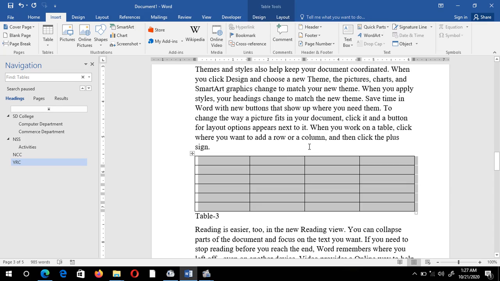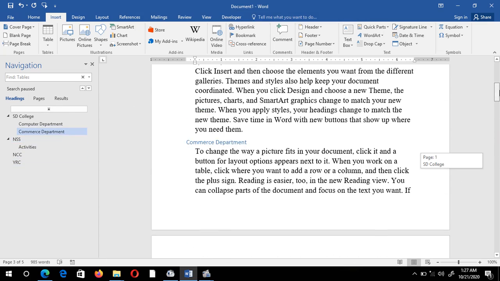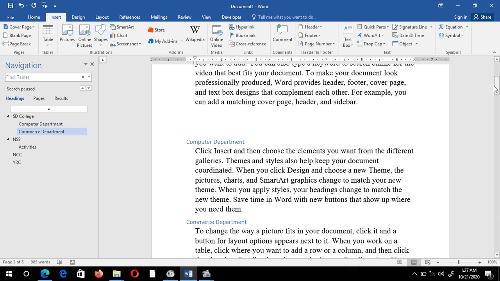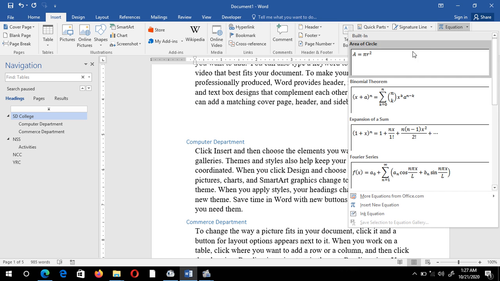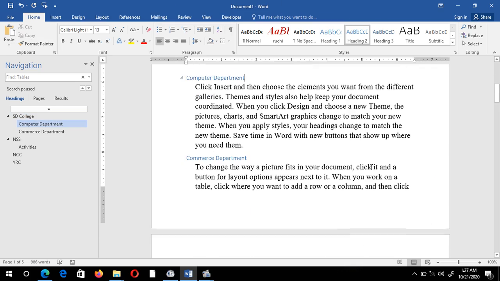Now suppose I want to jump from one equation to another. I can jump. First of all, I need to write some equations. How can I write it? Just click on the insert tab and you can see there is the option equation. Click on it. You will get lots of equations. I am selecting this equation.